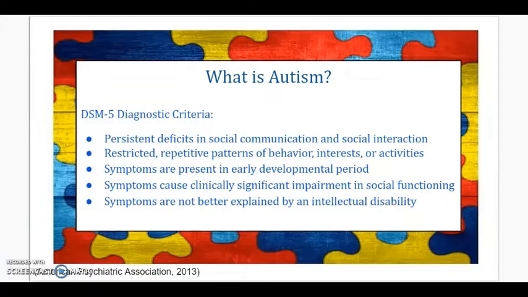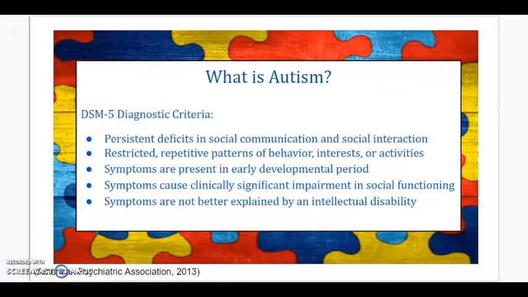So we're going to start by talking about what is autism. Defined by the DSM-5, it's the persistent deficits in social communication and interactions. So they might be uncomfortable or just not know how to interact with another person, or maybe just not interested in it at all. Very restricted and repetitive patterns of behavior, interests, or activities. So really fixating on certain things and having to have things a certain way, or else they might feel stressed out or